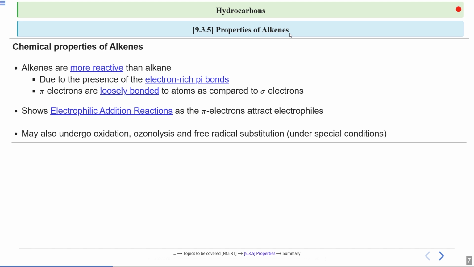Next we have ozonolysis, which is the reaction with O3 or ozone, and lastly the free radical substitution, which is under special condition. So we will talk about each of this one by one. Okay,